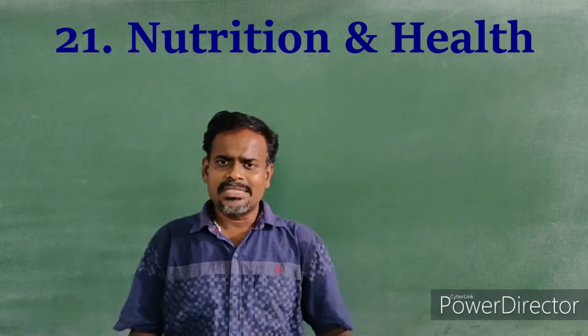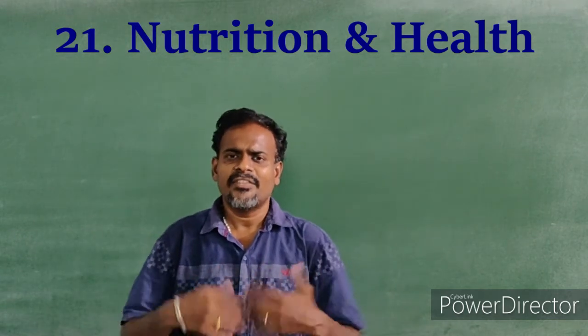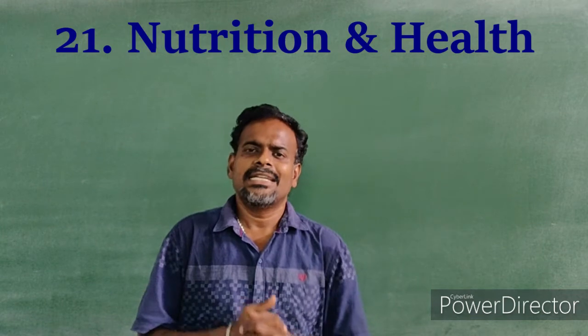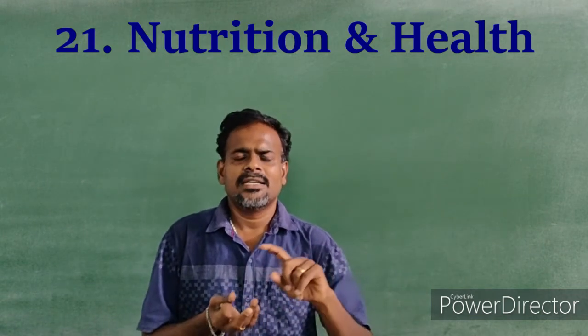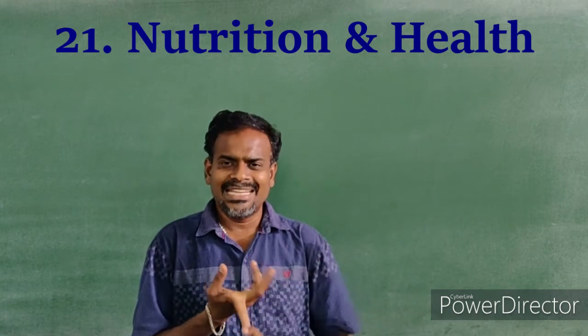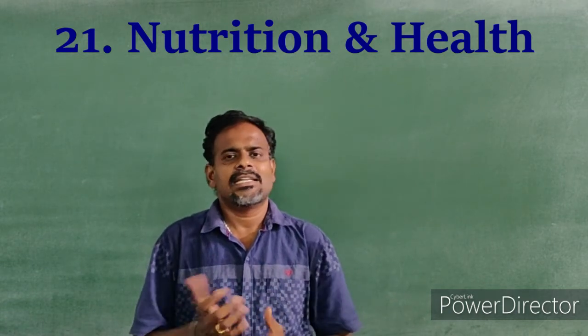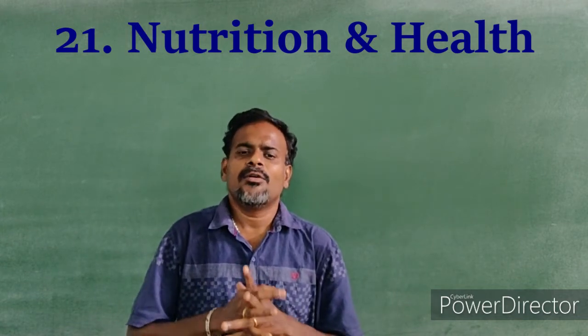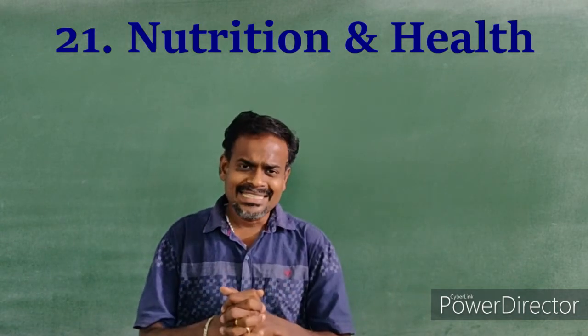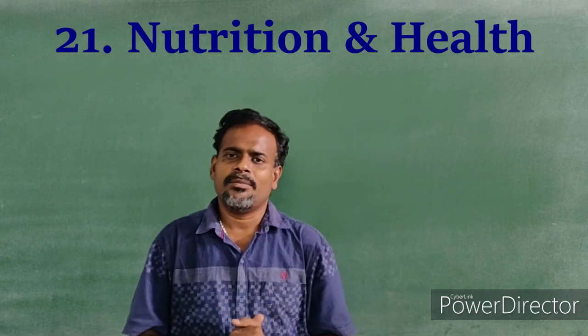Due to all these reasons, various disorders take place, which include kwashiorkor, marasmus, nyctalopia, rickets, scurvy, etc. To avoid these nutritional deficiency diseases, we have to consume a balanced diet at regular intervals of time along with